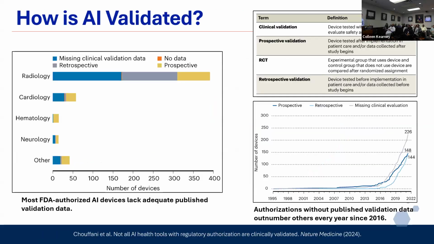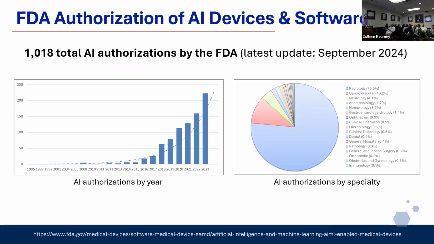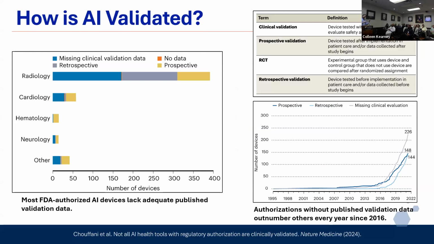So this slide is a cautionary slide about the FDA. This was a nice study done last year, published in Nature Medicine, that looked at these FDA authorizations, and I think at that point it was around 150 a year or so. They looked at all of those summary statements, or whatever they call them, that's published on their website with the authorization. And they found that most of them lacked adequate validation data, and were not actually validated at all in a clinical setting with real patient data, which I think presents a very important problem, and everybody should be alarmed at that.